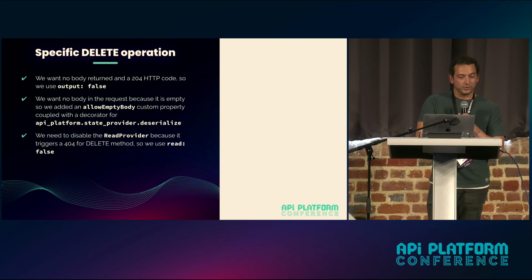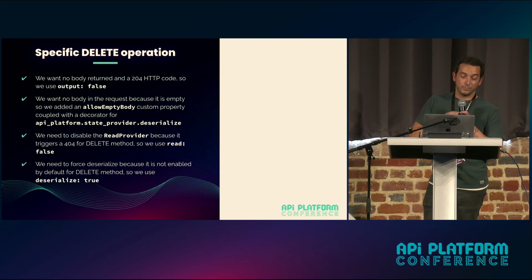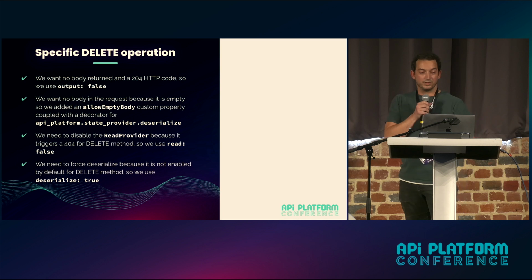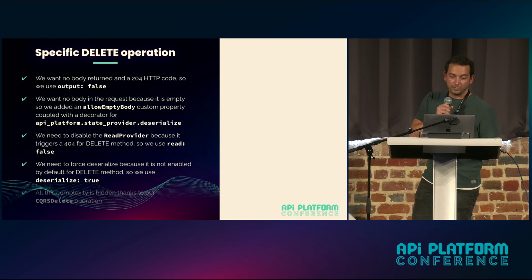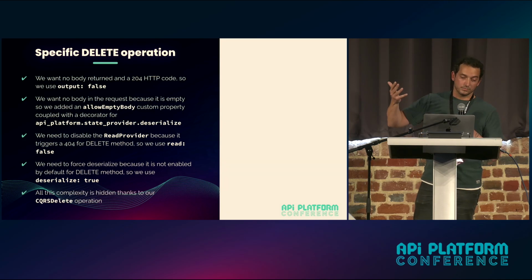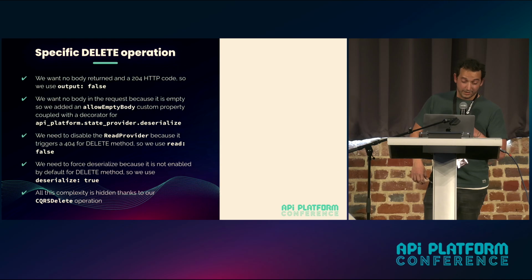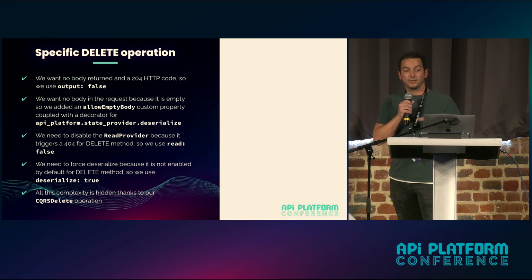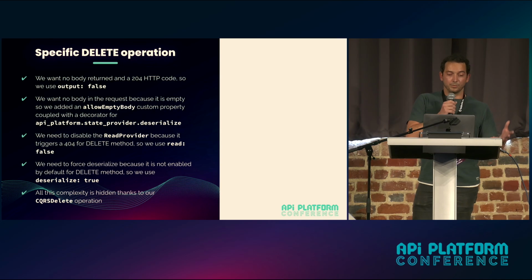There were also other things that were handled by the platform, like avoiding that the read provider is triggered, but we do need the deserialization process to be executed because that's the part that executes the processor. So all those custom or different, how do you say, properties were kind of hard. We could have documented in our dev doc that we expect all our contributors to use those settings every time, but it will be complicated.